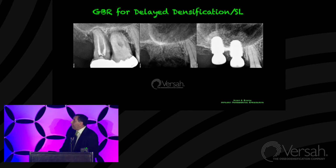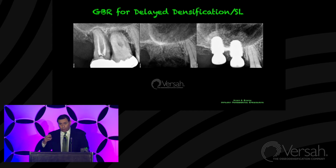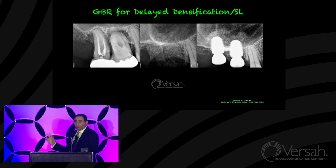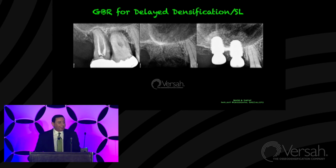This patient has been a patient of mine for 20 years, and she had the same problem on the left side. So when her teeth were starting to feel mobile, she referred herself. She completely bypassed her general dentist, and she said, Dr. Nasr, you know what? Whatever you did on the left side, you have to do it for me on the right side. I already know. You've done my mandibular implants. You've done my upper left implants. I know it's time for you to do something, and can you do immediate implants like you did on the upper left side? And I said, in this particular case, the amount of ridge damage that has happened would be